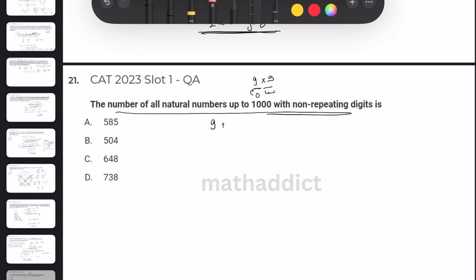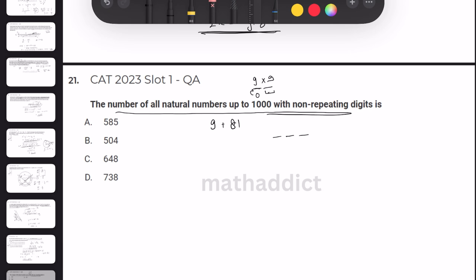Basically, if I place 1 in the tens place, then in the ones place I can place any digit from 0 to 9 minus 1. So I cannot place 1 here; of those 10 choices I'll remove 1, so I'll get 9 choices. If I place 2 in the tens digit, then I'll have 10 possibilities minus the 2. So I can have 0, 1, 3 and so on. So these are 9 choices here. So plus 81,